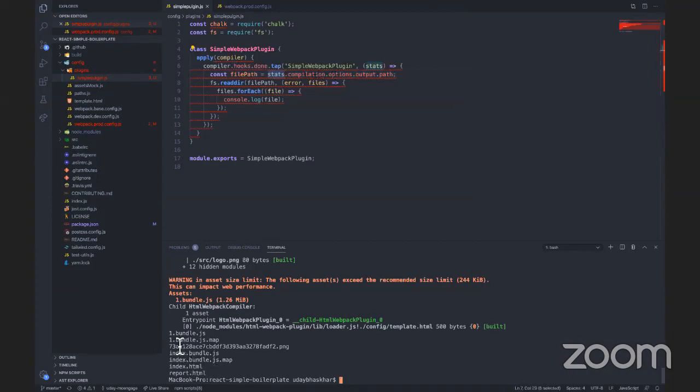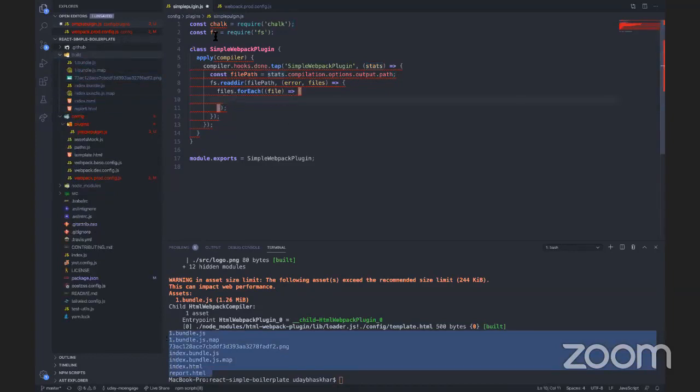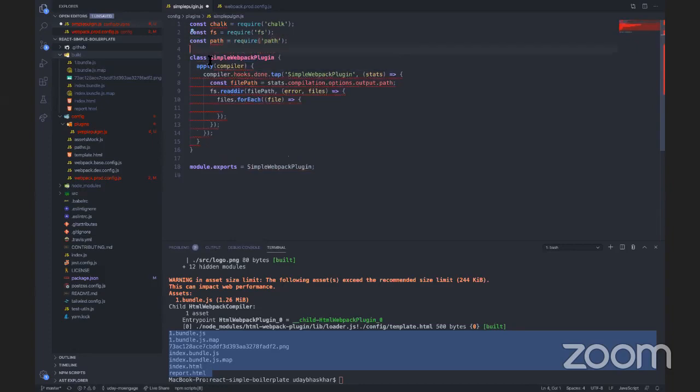You see, whenever I read it, it generates a set of files. If you see the build, it has read all the files and it has told me these are the generated bundles. So if you want to just add a very simple bundle analyzer, I'm not showing a very complex one, I'm just going with a very basic one. So what we will do is we will require the path and fs dot stat. There are multiple ways of doing this. I'm just doing it in a simpler way to keep things very simple.